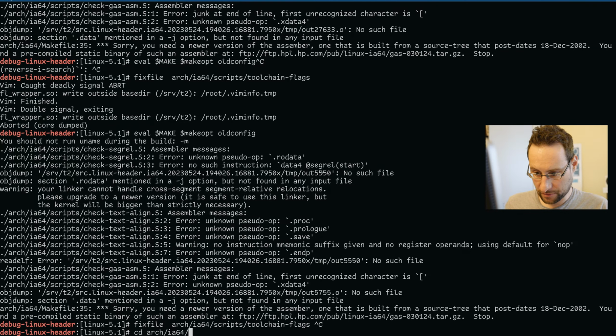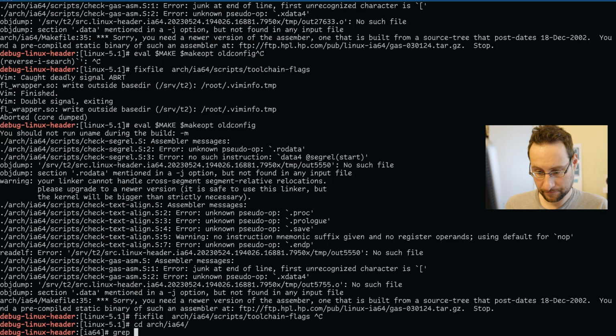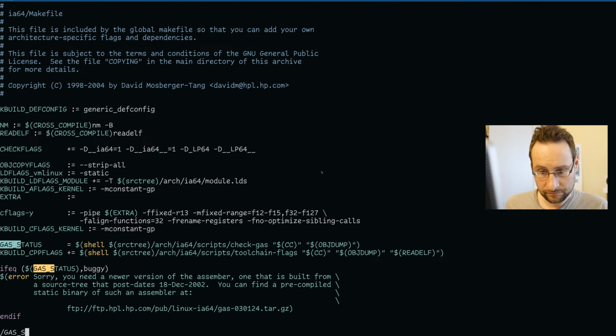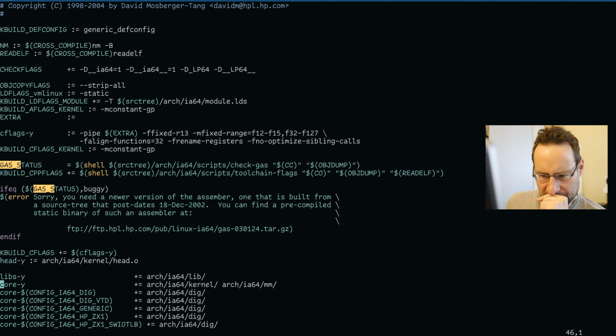Can we somehow short circuit that? Okay, we probably could just set gas status. Where do they check the toolchain? There they have cable CPP flex. Okay, let's